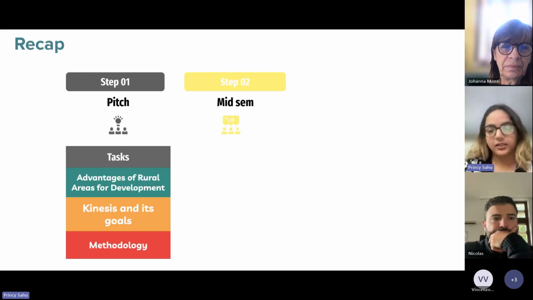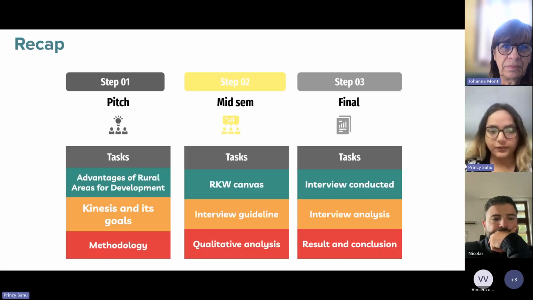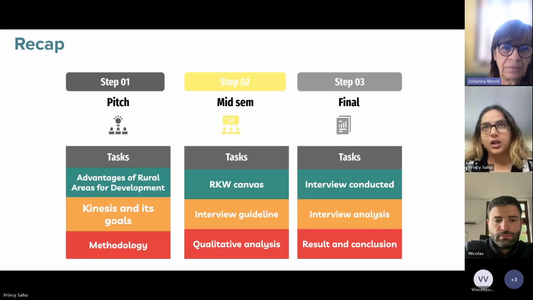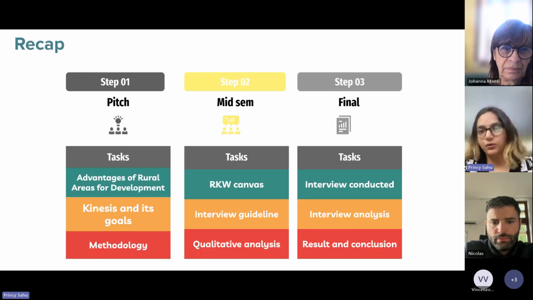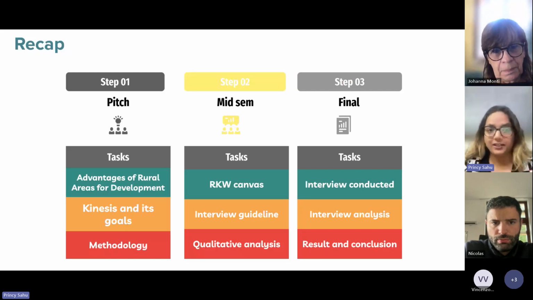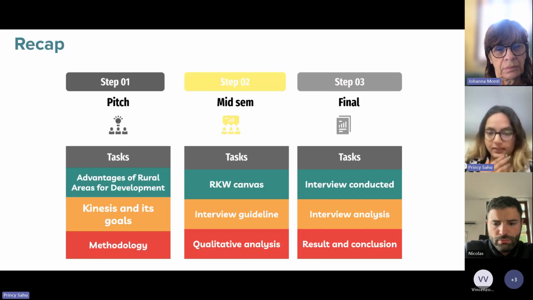So basically, we did the whole project in three parts. The first part was the whole literature review, kind of like why do we need entrepreneurship in rural areas, and what is kinesis, and what do we want to do in the future stages. Then the second step was about the canvas. I think some of you know about the canvas that I was working on. And then I created the interview guideline on the basis of that canvas. And then I did the analysis. So taking the interviews when I was in Italy was part of the second stage. And the third was making the transcripts out of interviews and doing the analysis on it, and finally